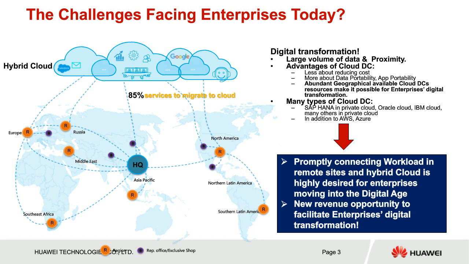In past studies, we have shown that 85% of services or data is going to be integrated to the cloud. And of course, there are new types of companies like Netflix and Airbnb. Those companies started homegrown in the cloud. They don't have their own infrastructure. They basically depend on the cloud primarily.